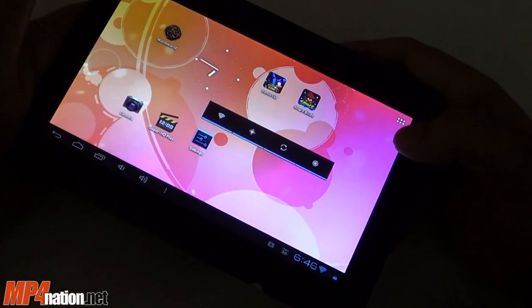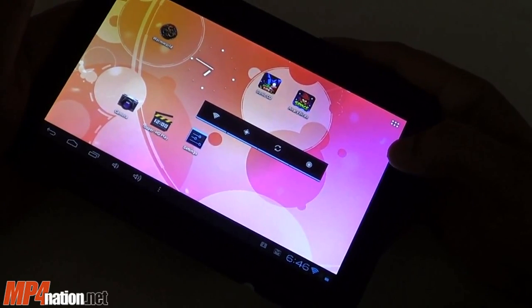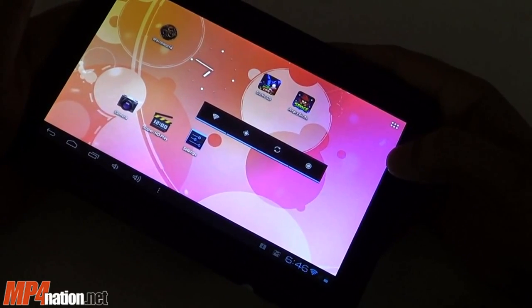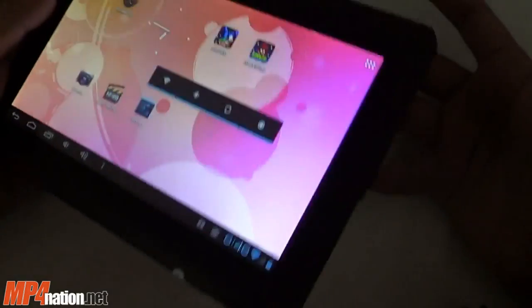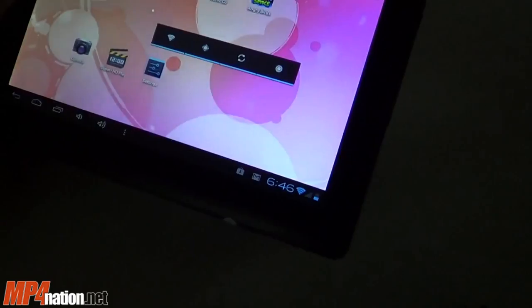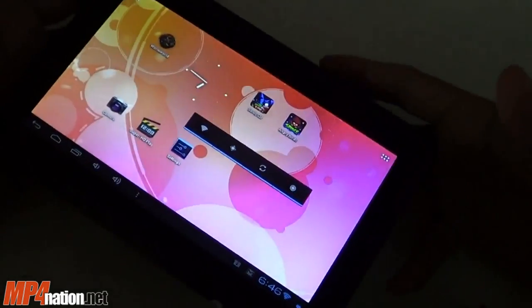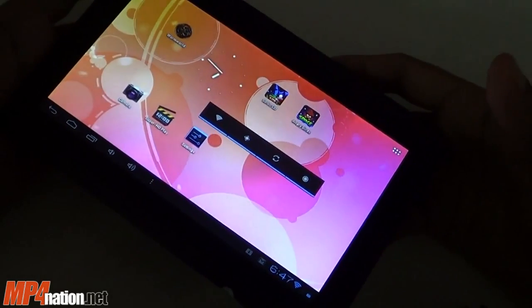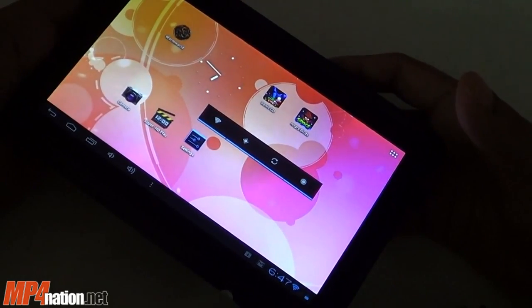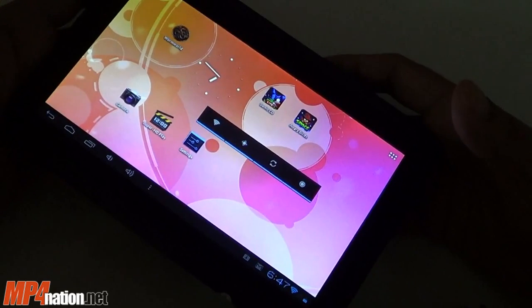Anyways, I've shown you what this tablet can do. It's a great budget tablet. If you're looking for something cheap as an alternative or just a secondary tablet to take with you when you go to the gym or have in your car or just in the office or just to use on your sofa and you don't want to spend a lot of money, I would really recommend this tablet or look into other A13 based processor tablets. Now you can